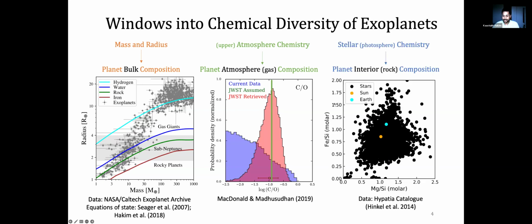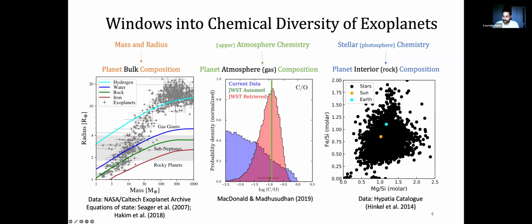But one of the less talked about windows I like to think of is the interior chemistry. By that, I mean rocky interior chemistry of planets. And this, I will go into a little bit more detail later, but I'll just say here that one of the ideas is that refractory elements like iron, silicon, magnesium, reflect